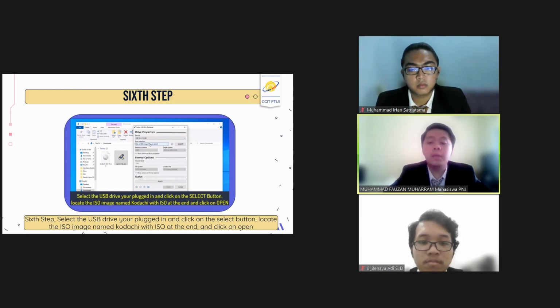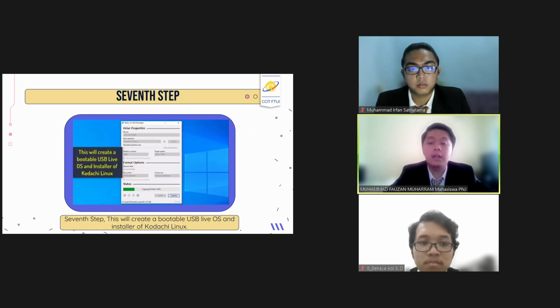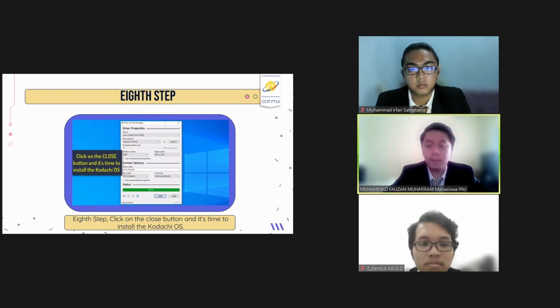Locate the ISO image named Kodachi with ISO at the end and click on open. After that, click start. This will create a bootable USB Live OS and installer of Kodachi Linux. After the process completes, click on the close button and it's time to install the Kodachi OS.